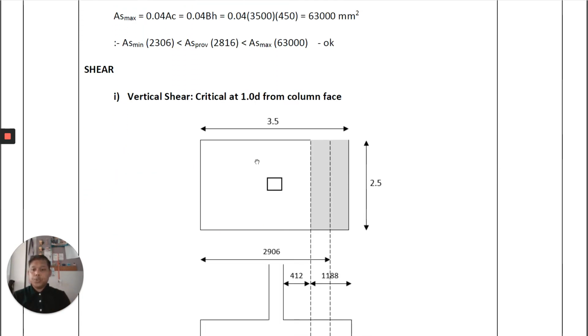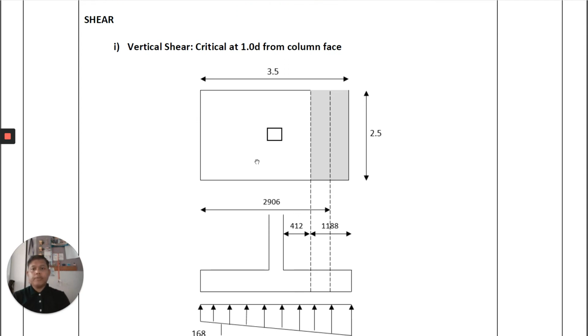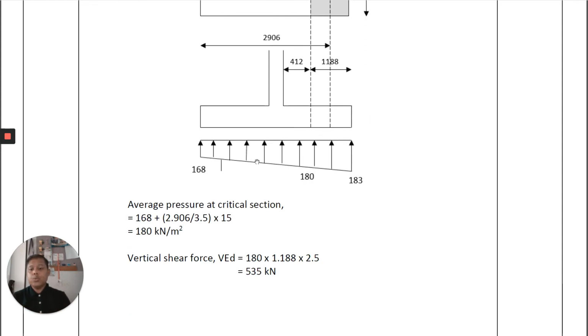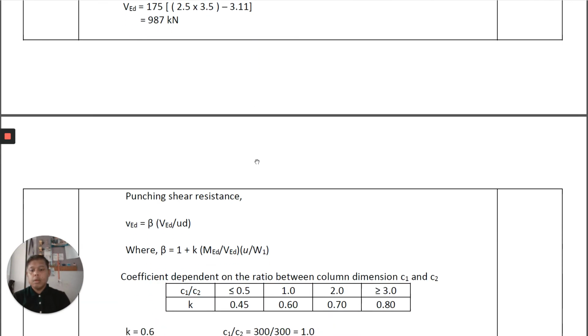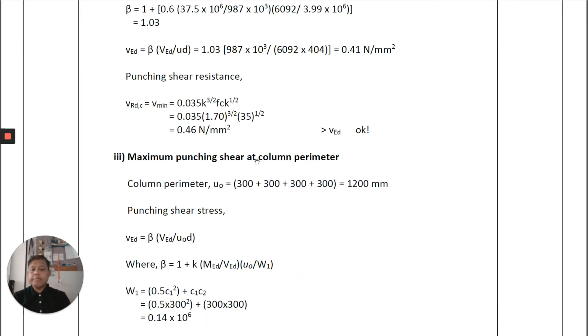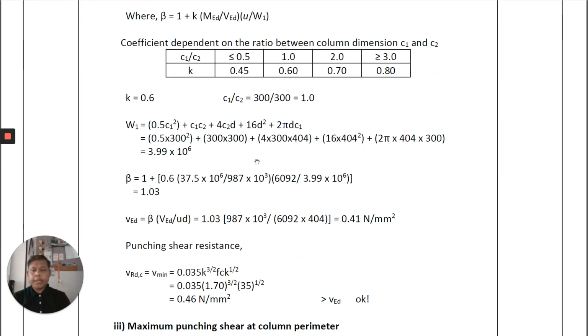Okay, as usual, when you design a footing, you have to do a shear check. The shear check process has to fulfill the three main requirements, which are the vertical shear, and then the punching shear, and then the last one is maximum punching shear at the column perimeter. Okay,